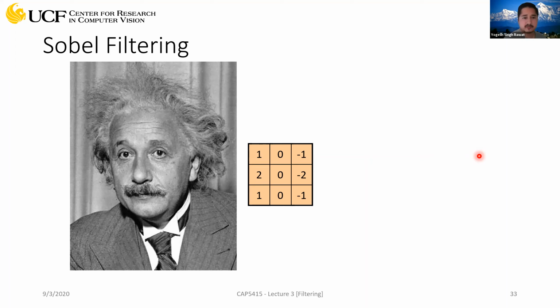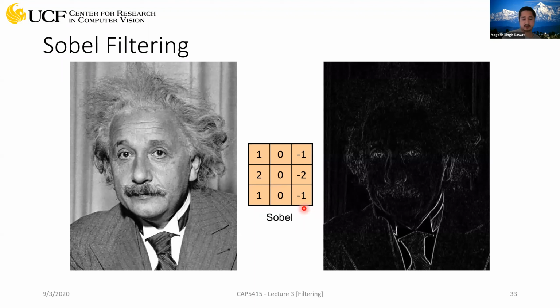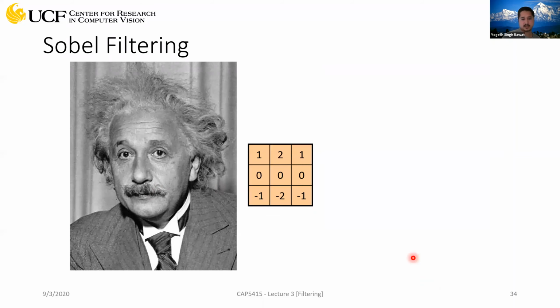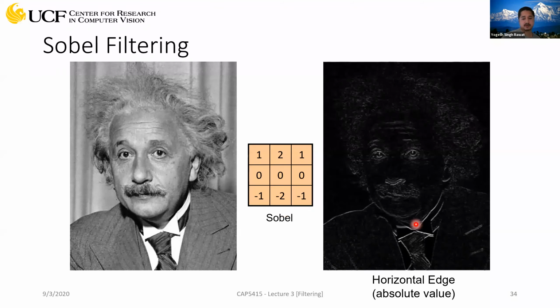Now, we will cover this Sobel filtering in detail later on. So this is called Sobel filter. And I think we studied this in the last lecture as well. This was used as a mask for computing derivatives in images. And this is the derivative in the x direction. So if you are computing edges in the horizontal direction, it's going to give you vertical edges. And if you take the derivative in the vertical direction, it's going to give you horizontal edges. Okay.